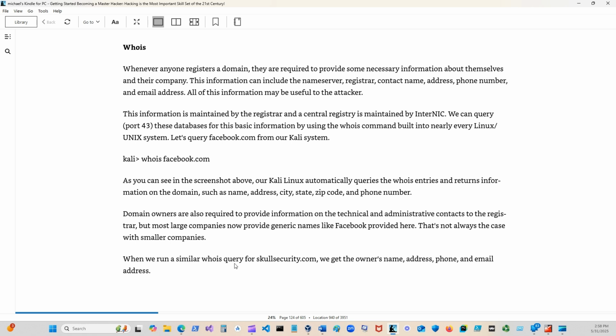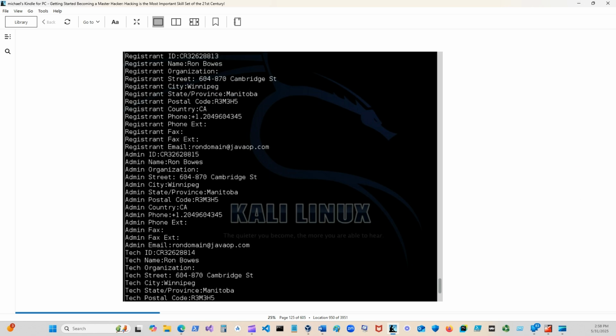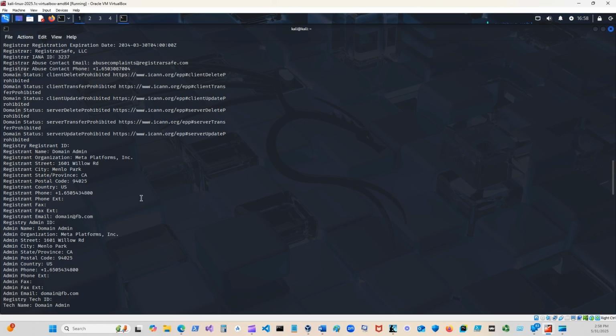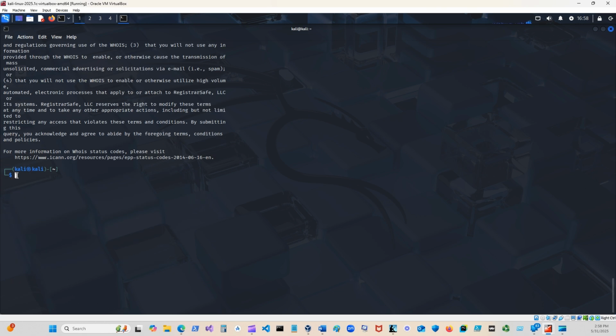When we run whois queries on skullsecurity.com, we get the owner's name, address, phone number. This is Skull's whois. Whois Skull security. So again, we'll just clear this.